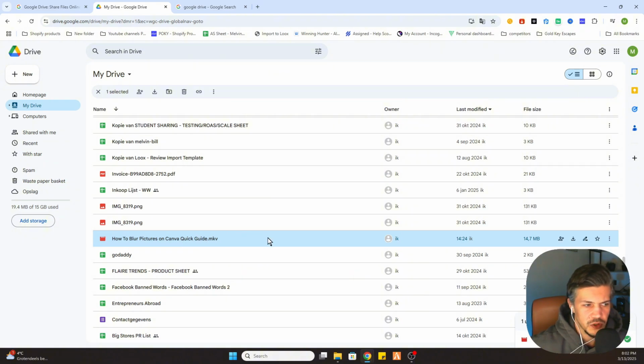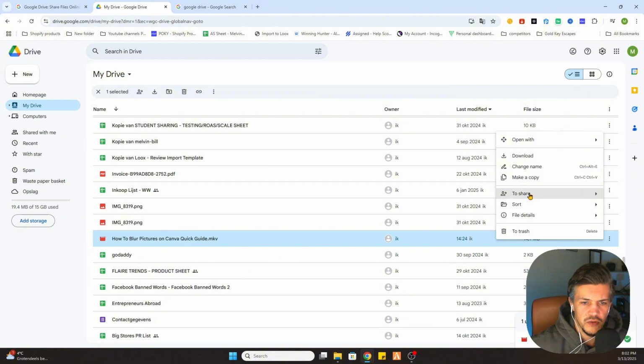If you would like to share this video with people, just go to the three dots on more actions and there you will find share. And what we can do, there are two options. We can use the first one to add people into this file so they can view it anytime with their Gmail when they're logged in. Or you can just copy the link and share it with people so they can view the video you have